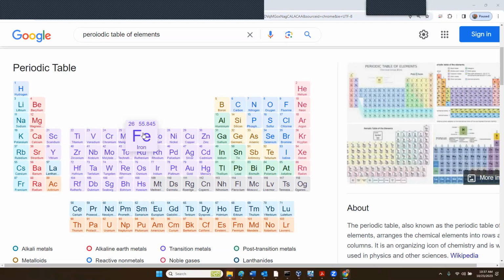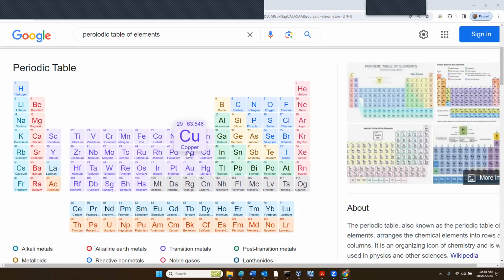The iron ore is heated up in a furnace with coke. Coke is like charcoal. It has carbon in it, and the carbon mixes in with the iron and it becomes steel. That's where steel is from, right? We can also have steel that has other things mixed in with it. So we can have other types of alloy that harden the steel or harden the metal. We have chromium and manganese and all these cool